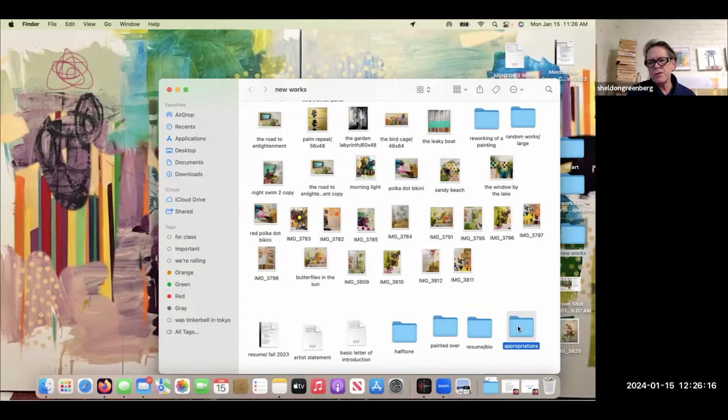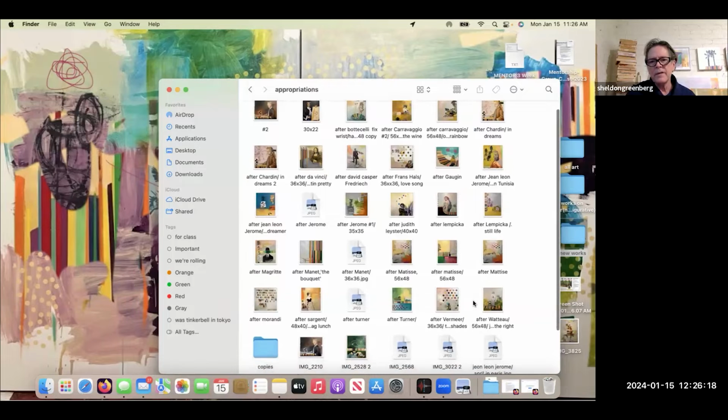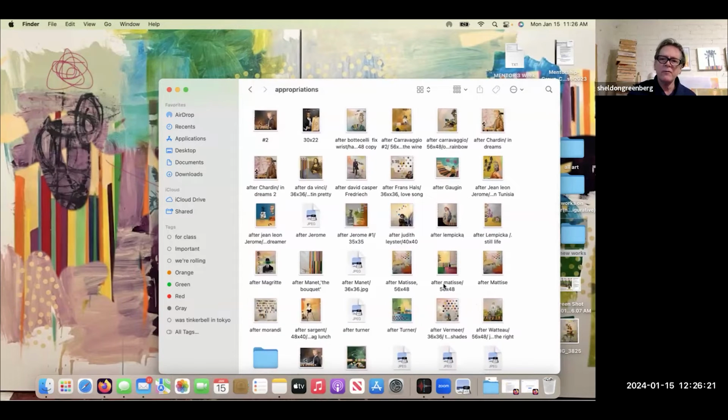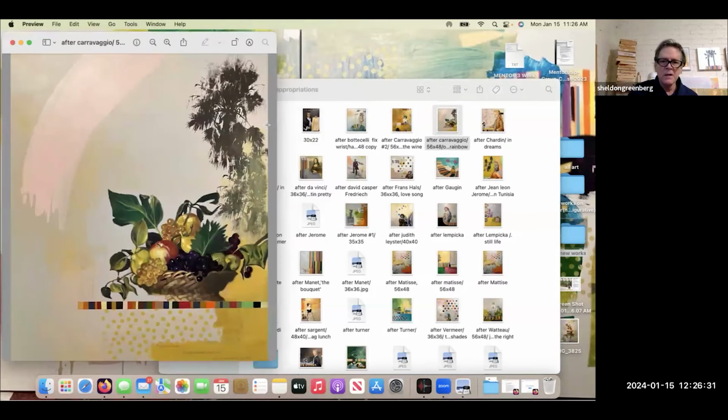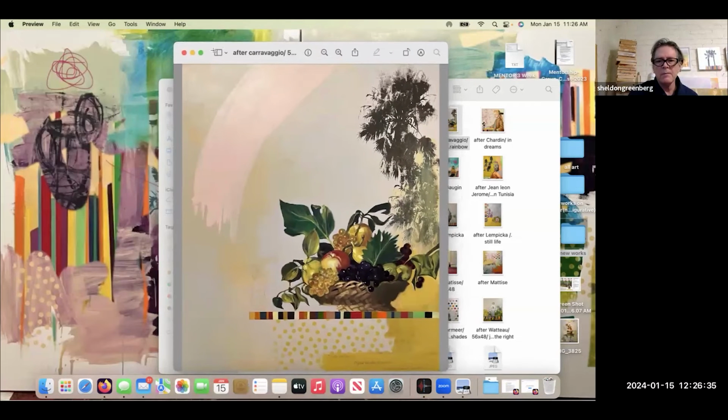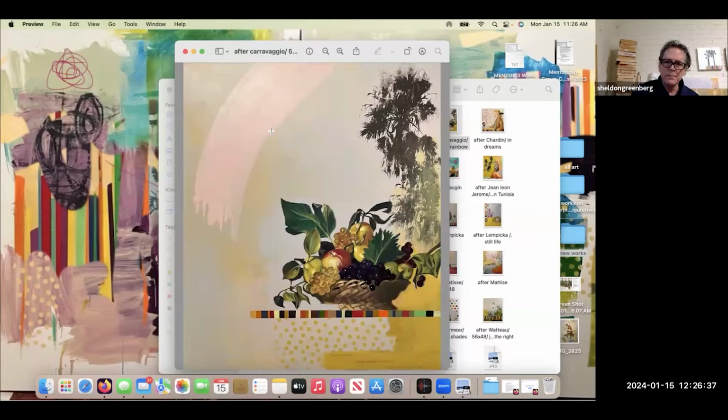This is a show that I just finished last year that is based on my favorite works in art history over the years. And so I painted some imagery and I've kind of messed with them and put them in a new composition. So these are all large works. These are like 5 by 6 feet. This is a takeoff on a Caravaggio. This is all painted. The palm tree is screen print. Everything else is painted.